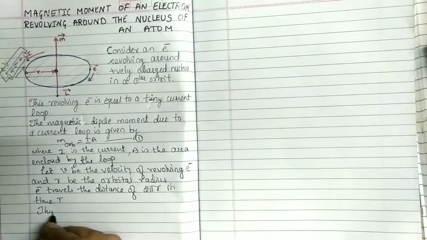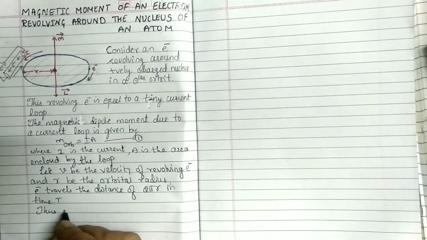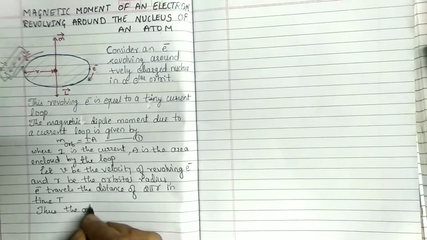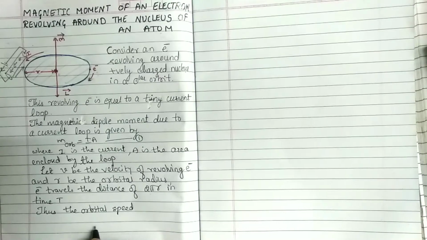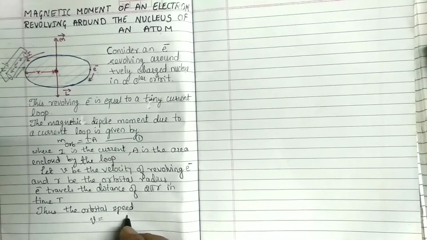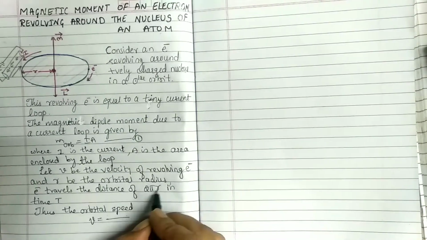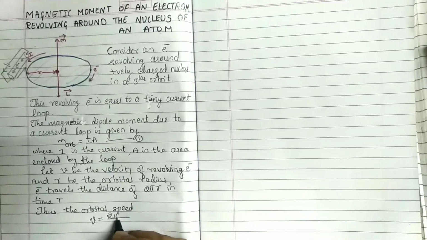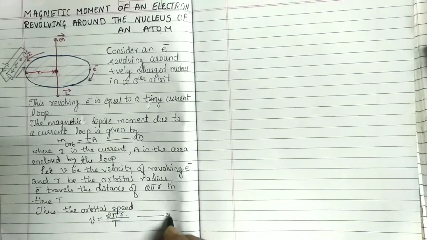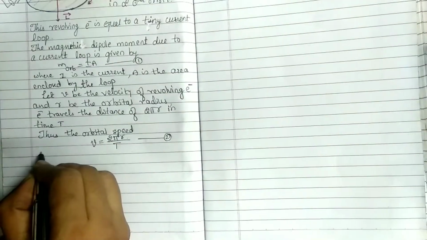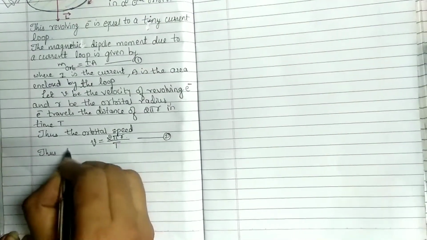Thus, what we can write here, the orbital speed of that electron is given by velocity is equal to displacement upon time. So what is the displacement it can cover in a certain time? 2 pi r, and time taken is T. Call it as equation 2 over here. Thus the current